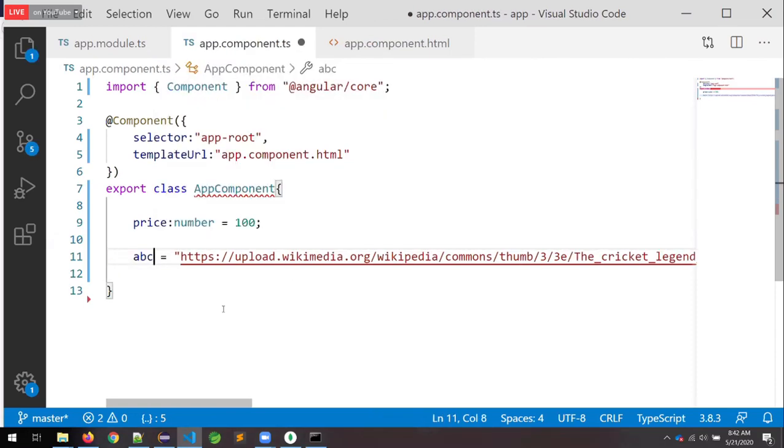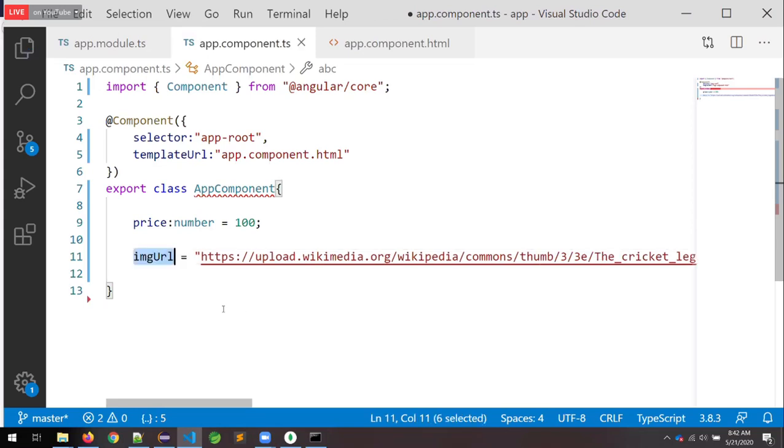Can I take ABC? Is it technically possible? Technically, not morally. Technically it is possible, but is it a best practice? No, that is the answer.